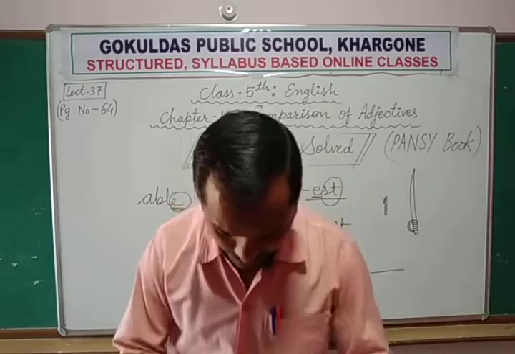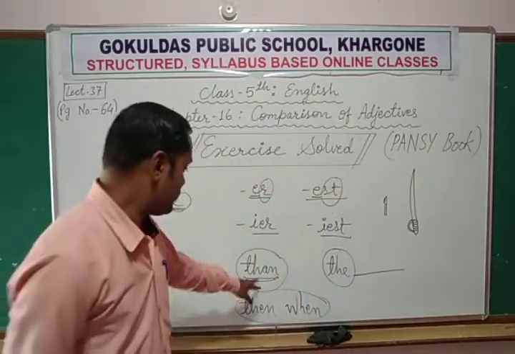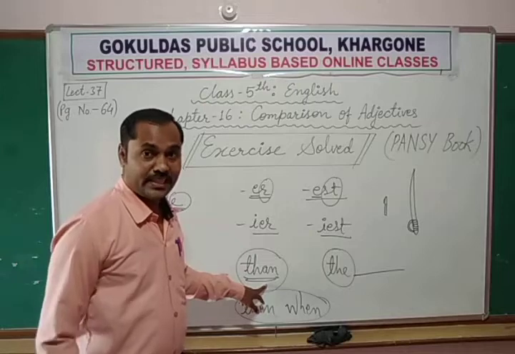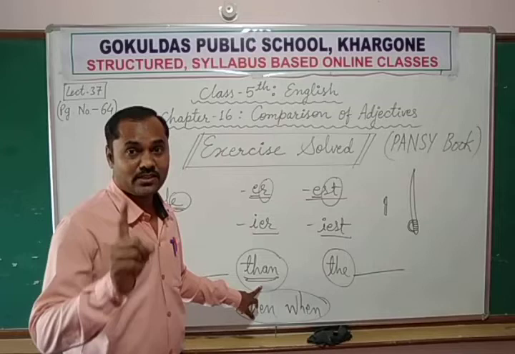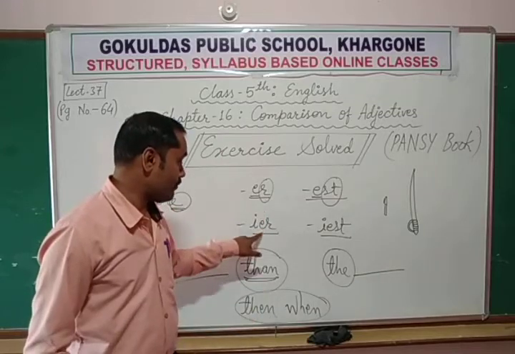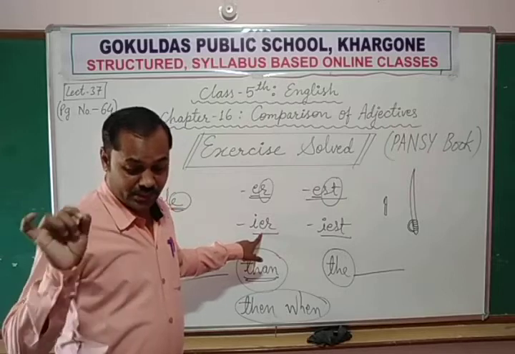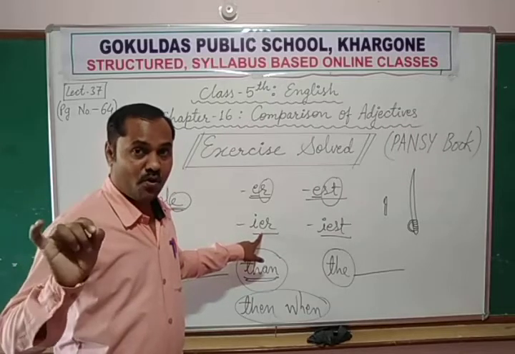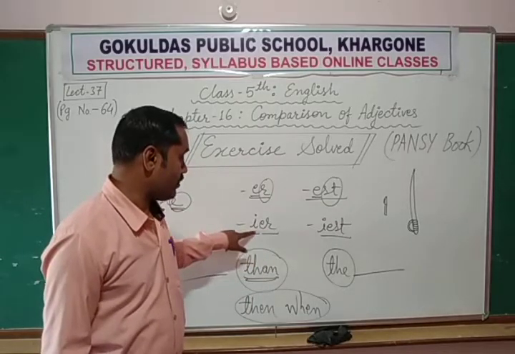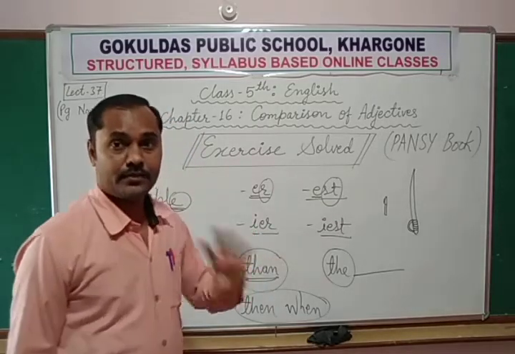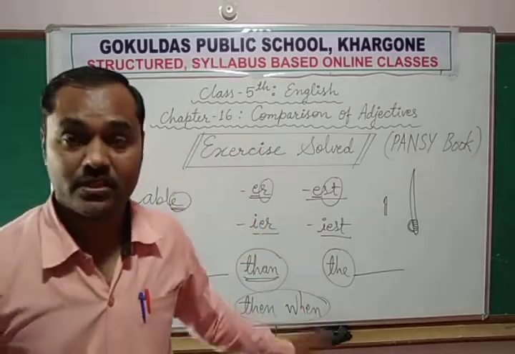So this is why, if you go for my hints, in this sentence we found this word than. Okay, so that's why we will use this form, mightier. The pen is mightier than the sword. Mightier than the sword means this form, comparative degree of adjective will be used here. Mightier, not mightiest.